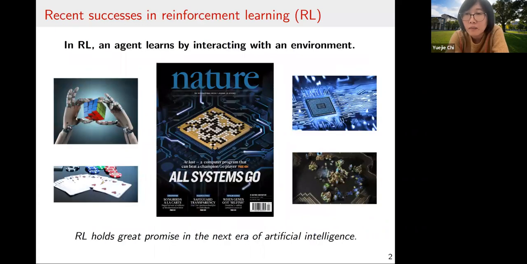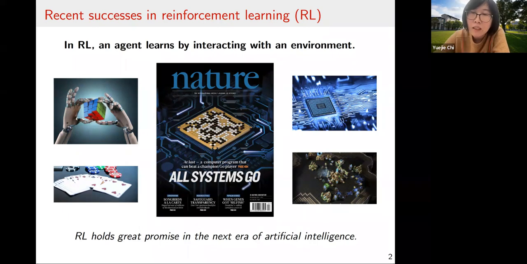So what is reinforcement learning? Probably many of you in the audience are already familiar with this concept. This is a machine learning paradigm where the agent tries to learn by interacting with the environment. And we've already seen a lot of success stories of RL that hit the news, from the early news of achieving superhuman performance in the ancient game Go to, more recently, beating humans in games like poker, StarCraft, and even helping us to design AI chips. So it's probably not an exaggeration to think RL holds a lot of promise in the next era of artificial